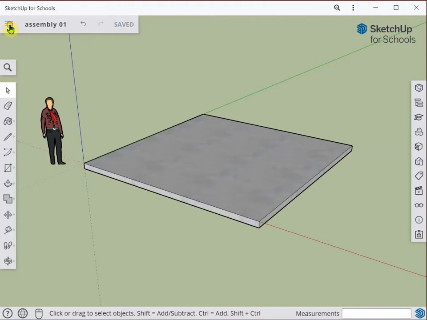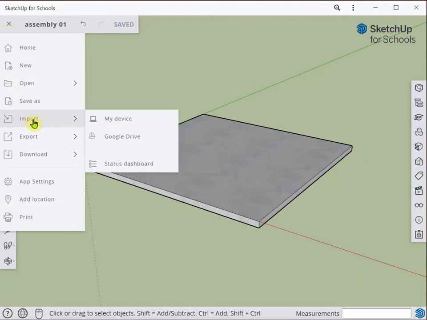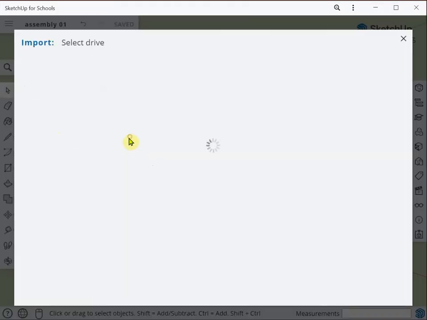From the same menu, rather than using open, which we're probably more accustomed to using, we're going to use the import. Now you can import models or components drawn in SketchUp from the 3D Warehouse, from your own computer if you've got drawings saved there, or from the Google Drive where I've got my drawings saved, and you'll have yours saved there as well. So I'm going to go to import, and in this case Google Drive,